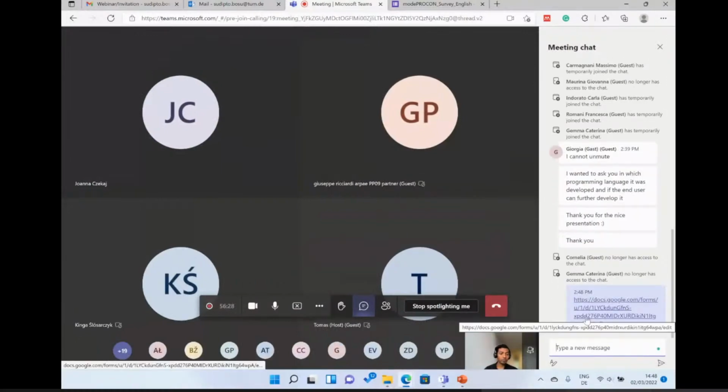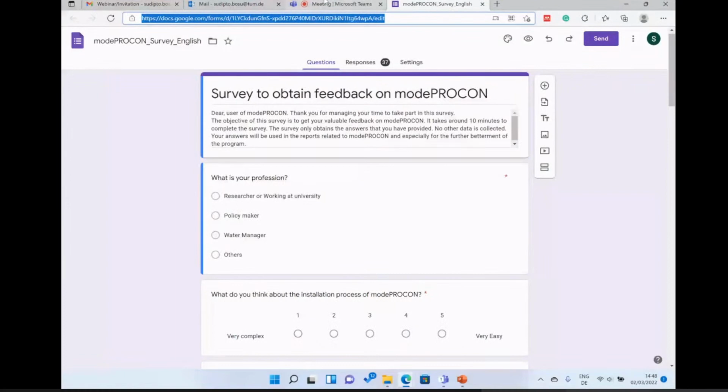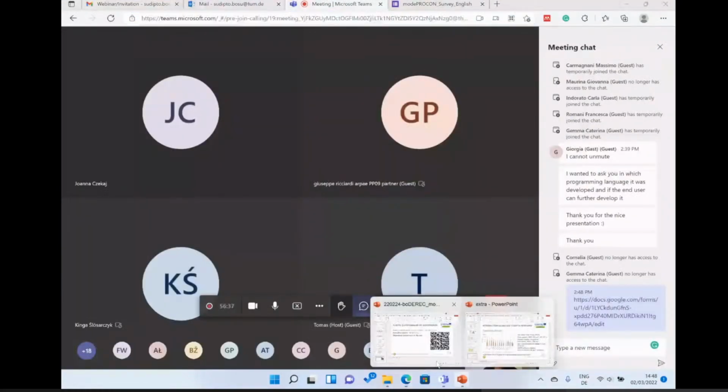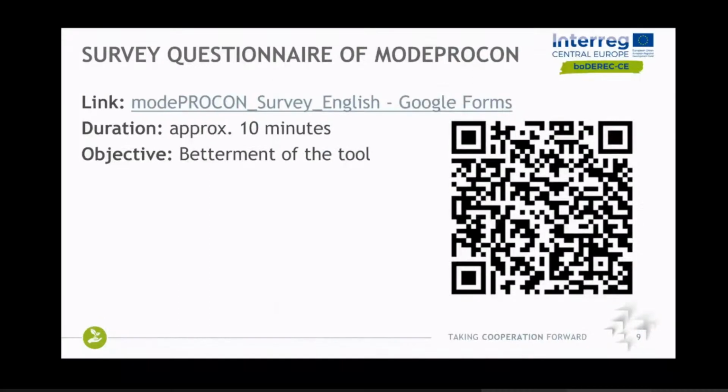It's a Google Form survey. You don't have to write your name or anything, so it's an anonymous survey. You just have to share your opinion about modePROCON, what you thought, how you understood it. To be honest, the demonstration was really fast due to the time constraint, but I think your opinions or comments would still help us in future.